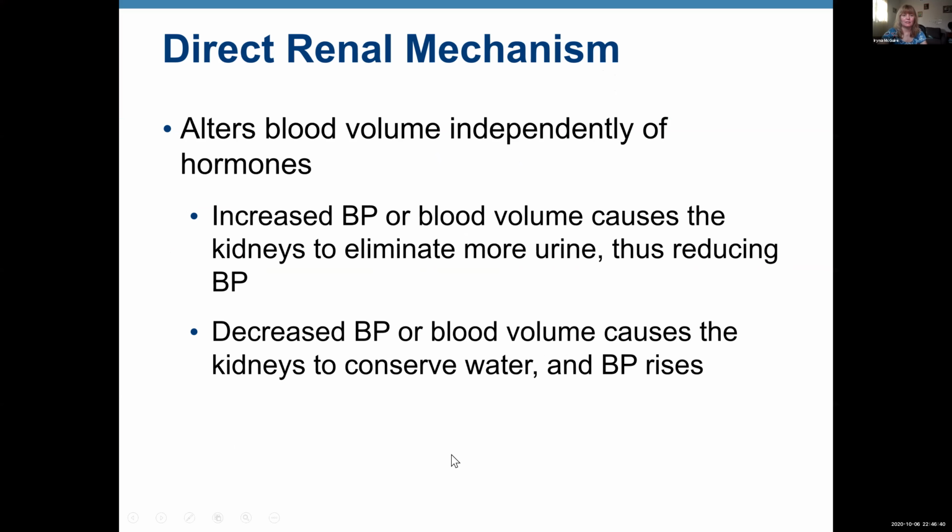Direct renal mechanism alters blood volume independently of hormones. Increased blood pressure or blood volume causes the kidney to eliminate more urine, and this reduces blood pressure. Decreased blood pressure causes your kidney to conserve more water, and it raises blood pressure, right? So how it is done,